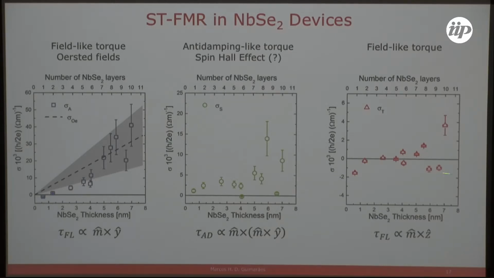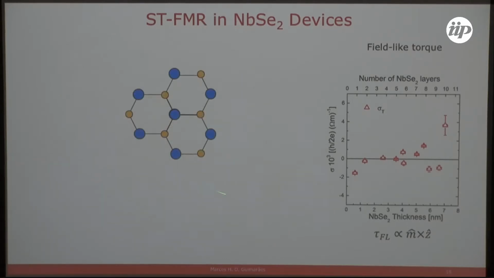As a function of the niobium diselenide thickness, it's all over the place. Sometimes it's 0, sometimes it's negative, sometimes it's positive, so it doesn't make any sense. And the only way that we could actually explain this is if we take our niobium diselenide, we're now looking at the top view, and the only way that this torque can appear is if we take, so now the